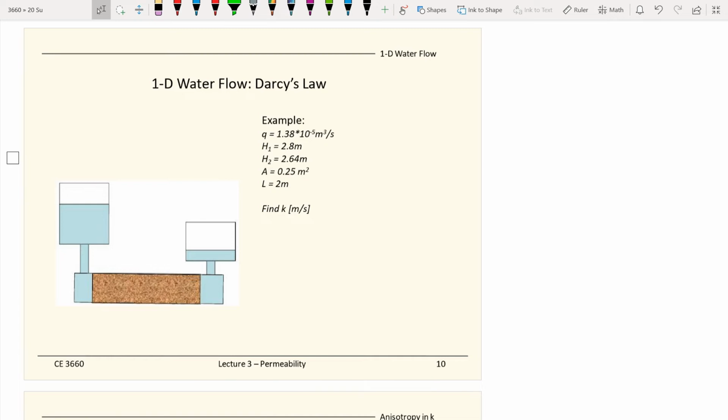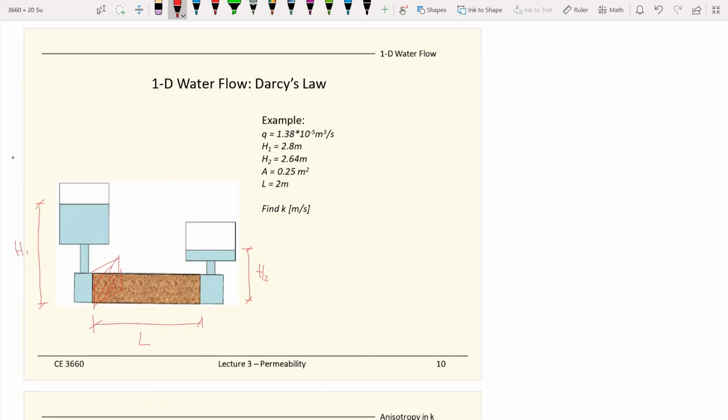Now we can measure all the physical parameters that are easy to measure in the laboratory. So first of all is the flow rate. Q equals 1.38 times 10 to the negative 5 cubic meters per second. And also we can, very straightforwardly, measure H1 and H2, which is the water table upstream and downstream. And we can also measure the area of our soil sample there,